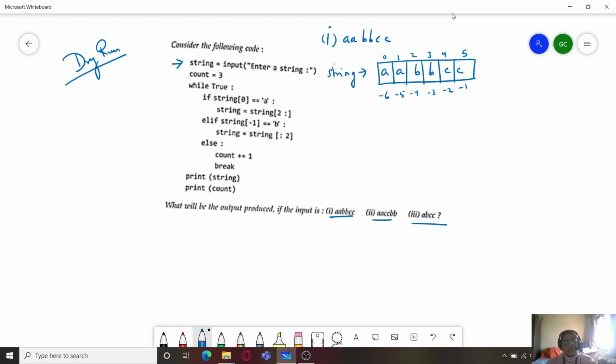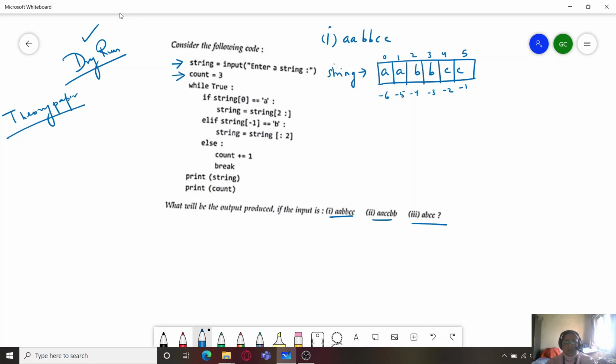As this is a question in your theory paper, you have no way of knowing whether the program is actually giving this output or not. You don't have access to a computer, so you have to completely rely upon the dry run, and make sure you are properly executing each and every step. So it is always a good idea to start from the very first statement of the program and continue in sequence.